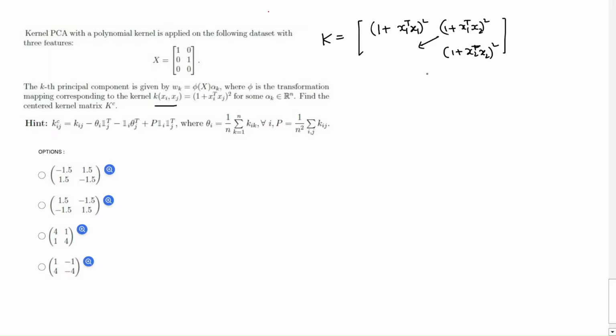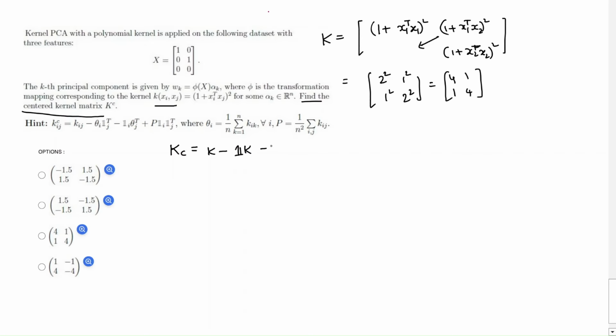This is my kernel matrix, and this turns out to be 2 square, 1 square, 1 square, and 2 square, which is 4, 1, 1, 4. Now the question is to find the centered kernel matrix Kc. Again, this formula is not very relevant, but you can also use this formula, but it will take more time. Instead, if you use the famous formula Kc equals k minus 1k minus k1